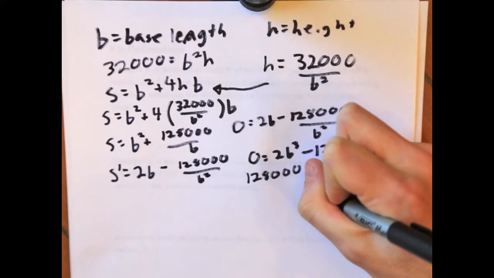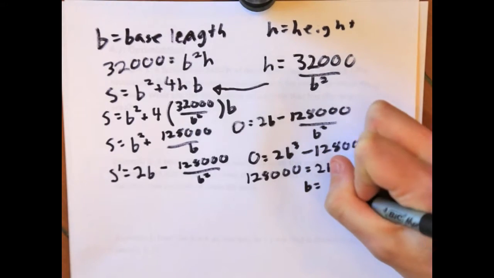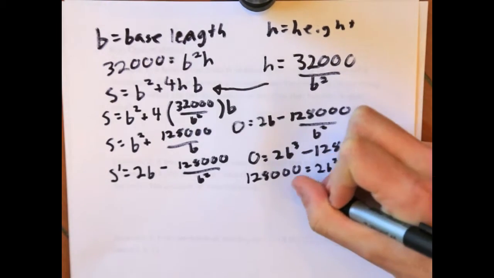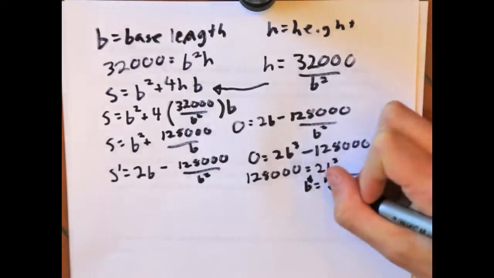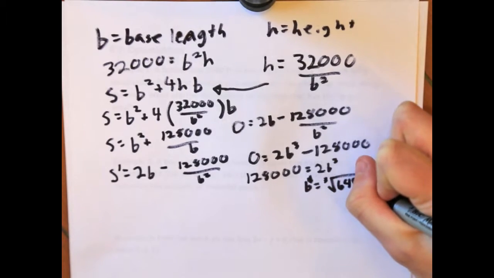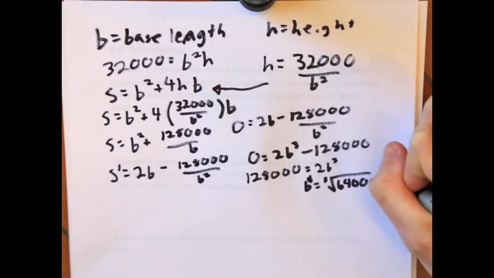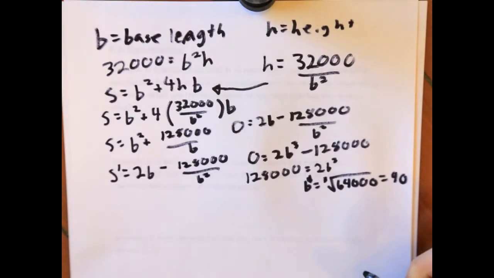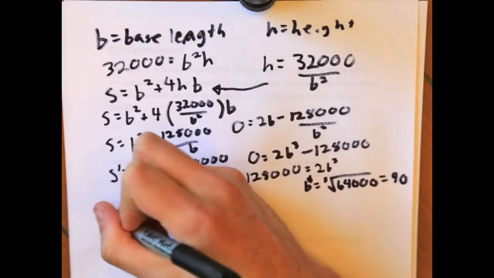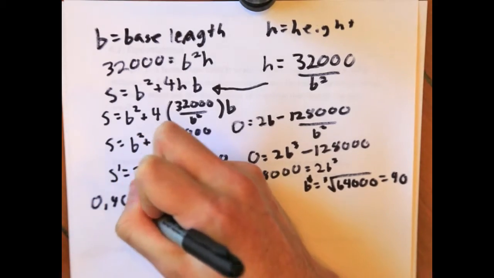And we get B cubed equals, B equals cube root of 64,000, which equals 40. Now that we have our critical number of 40, we know that it has to be on the interval between 0 and 40